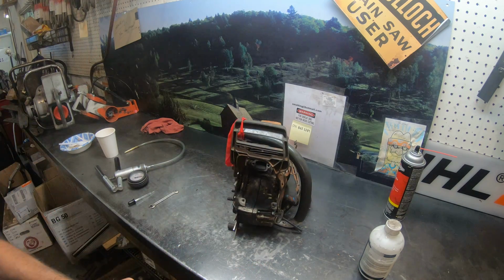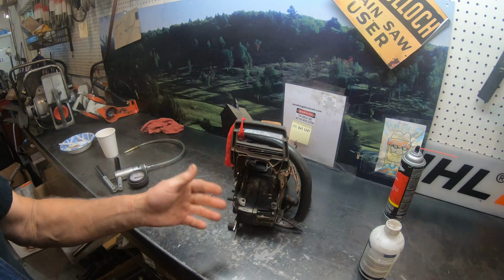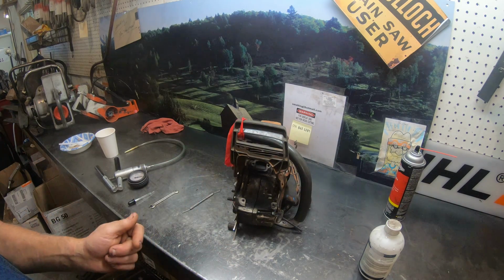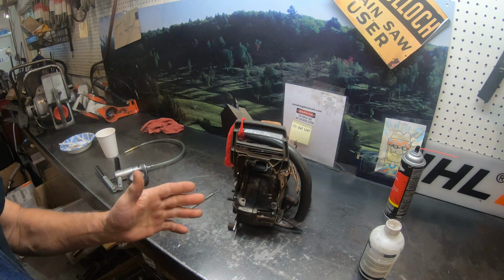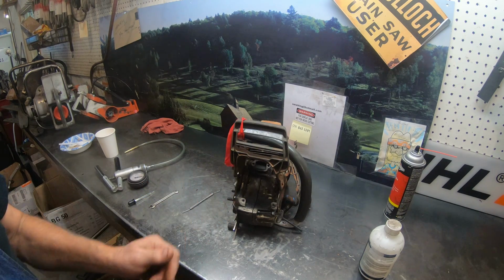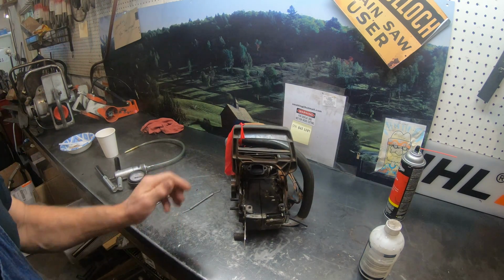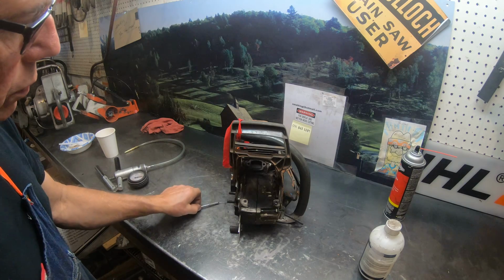And the fix is, I've seen guys do several different fixes. I've seen them put the silicone on here, JB Weld, different things. You want your fix to hold up and do a good job for your customer. You just don't want to fix it and then it come back and have oil going everywhere. The best fix I found was to